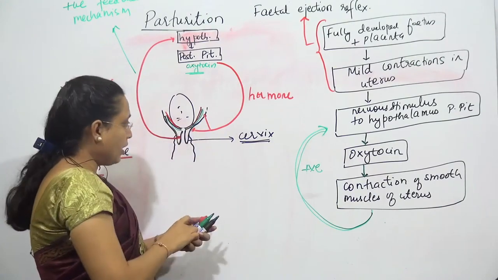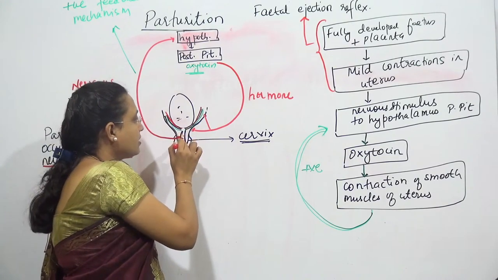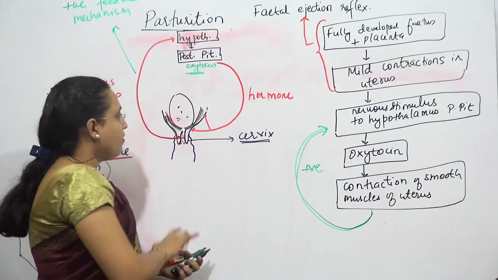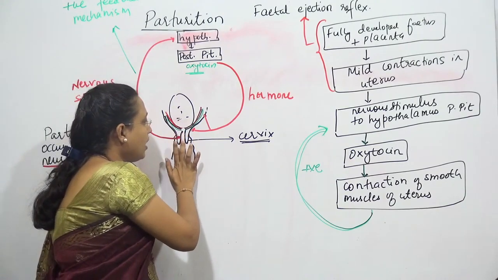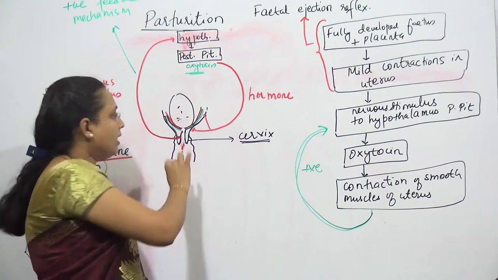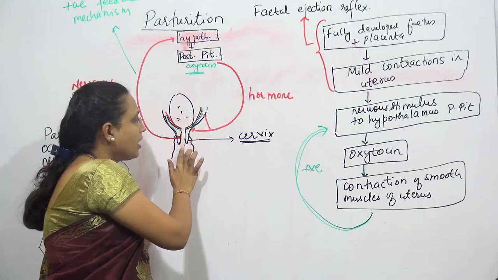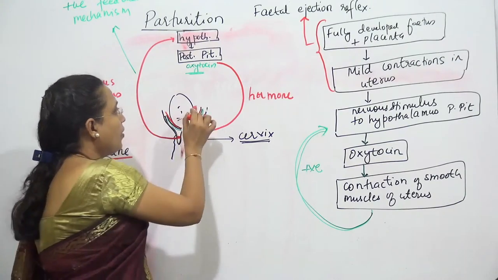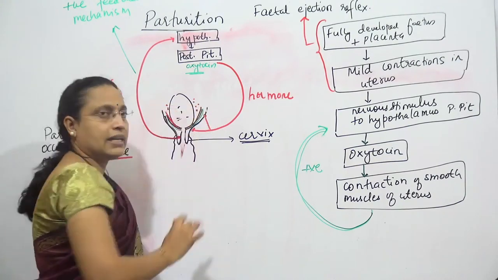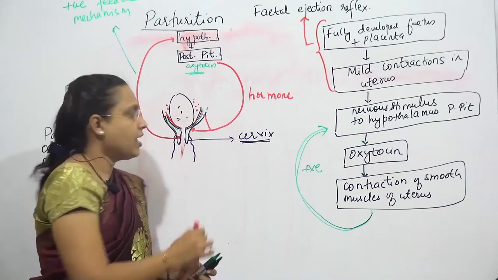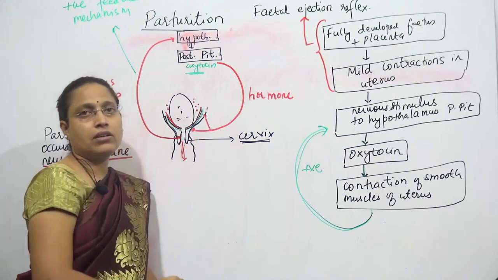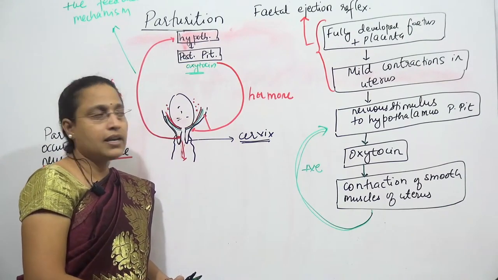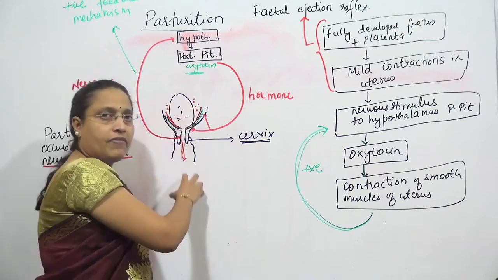Before that, one more thing you should know is that the cervix is plugged by a pinkish mucus. First, the mucus is going to be released. Then these membranes will rupture. When membranes rupture, the fluid surrounding the fetus, called amniotic fluid, will be released outside. So it is also called waters. Understand? So then comes the fetus.